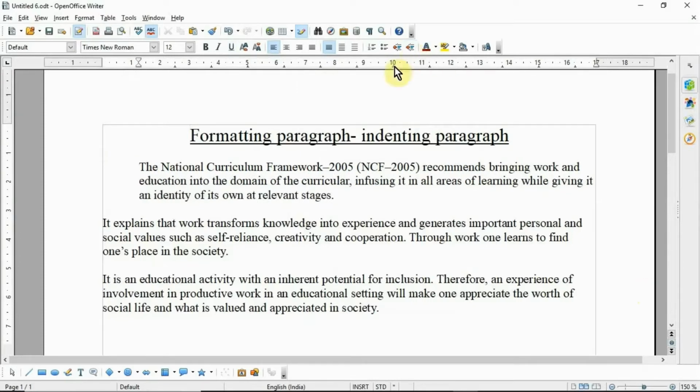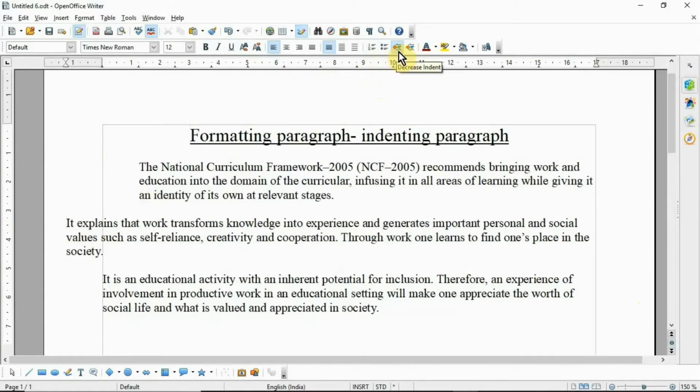It's a positive indentation. And if you want to apply a negative indent, simply click the second paragraph and then click the decrease indent button. It's a negative indentation. If you want to apply a hanging indentation, simply click here and create a list.